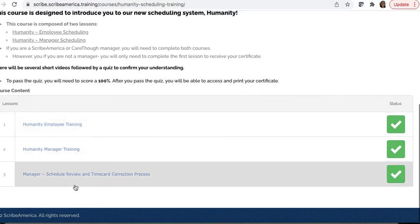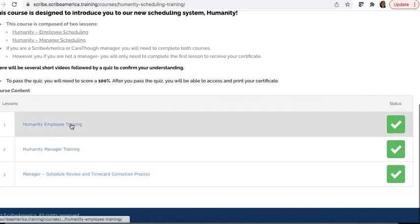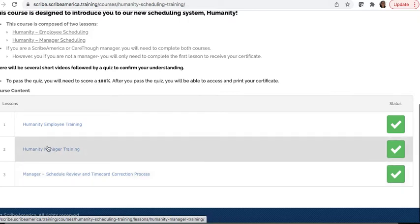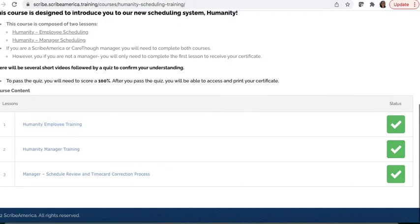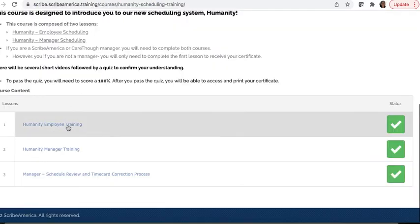Down here at the bottom, there are 3 lessons. New hires only have to do the employee training. You do not do the manager training lessons. So you are doing just this employee training lesson. Again, it's another short course, maybe 30 to 45 minutes. When you do this one, before you start, clock in on Workday, go through this lesson,